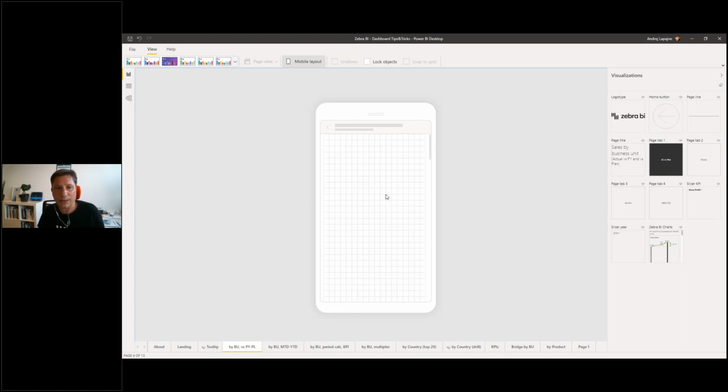So now the grid for the mobile design is smaller. You can overlap visuals one on top of another on the mobile layout. So it's great, it's perfect, and it works really nicely with Zebra BI. So let me take the Zebra BI charts, the small multiples here. I have them here from my desktop view. I'll just put it here,